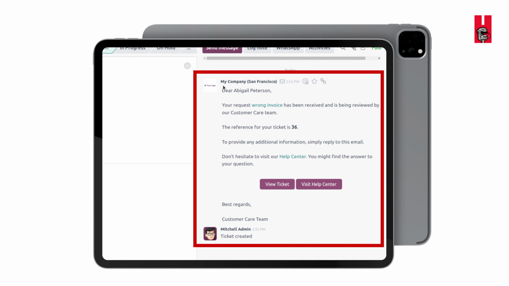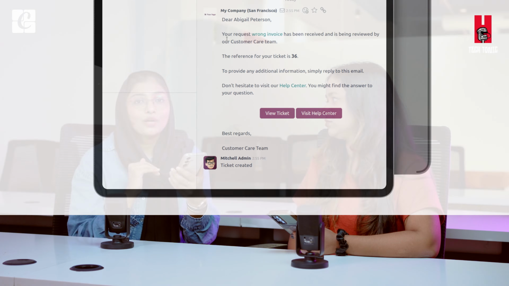The other thing is attaching files and images in the Discuss module. This is an example for the creation of tickets. Imagine that you have created a wrong invoice. Using the Discuss module, you can simply use /ticket and provide a title like wrong invoices. If you provide the files or images, the ticket will be automatically generated under the Helpdesk module with the image or file attached. So if I created a wrong invoice, I can attach an image of it. That's a very new thing.